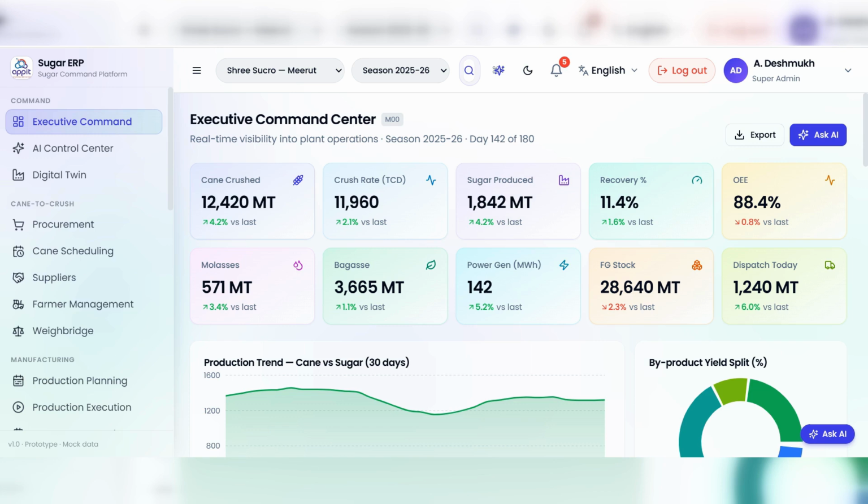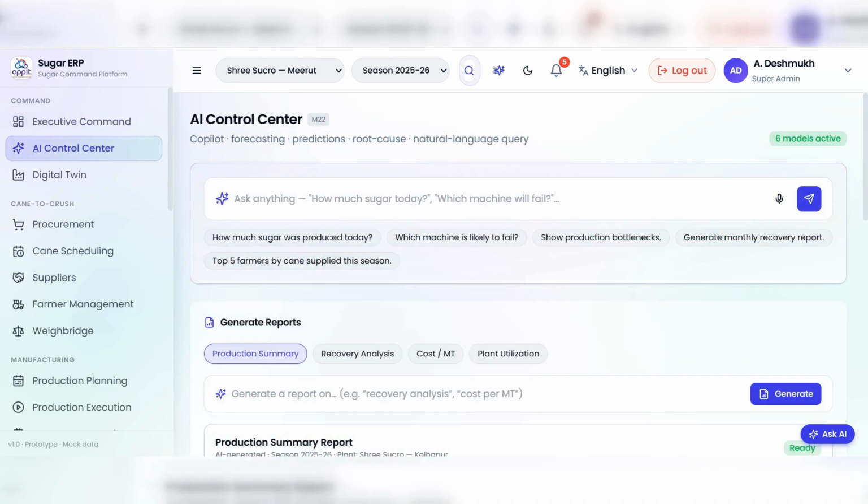make the dashboard actionable. The AI Control Center brings a co-pilot into daily operations, so teams can ask natural language questions like how much sugar was produced or which machine may fail next. It can also generate reports such as production summaries, recovery analysis, cost per metric ton, and plant utilization, reducing manual